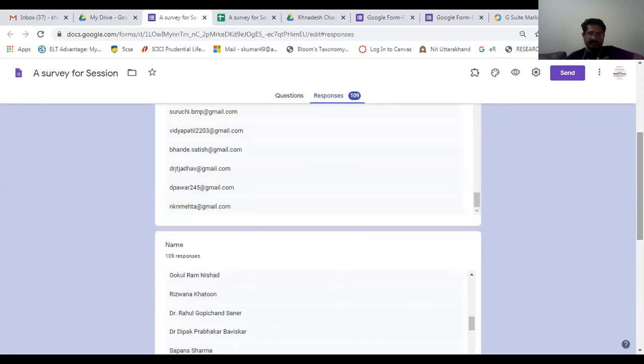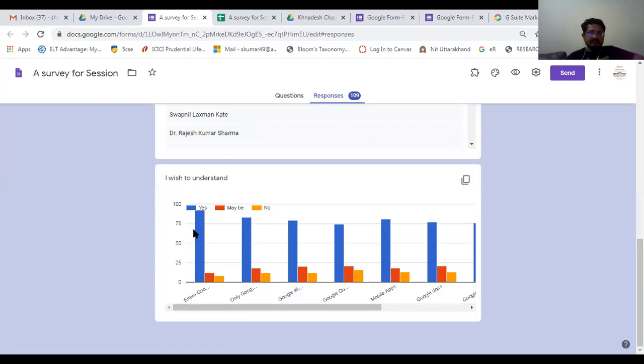So 109 names I can see. And out of 109, 92 people have selected entire Google Classroom. Google Forms 83, which comes under the entire. From this particular chart, I analyzed that I need to go to Google Classroom. Fine. I think I'm clear enough to evaluate the history.